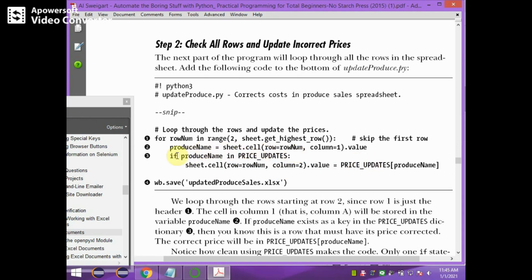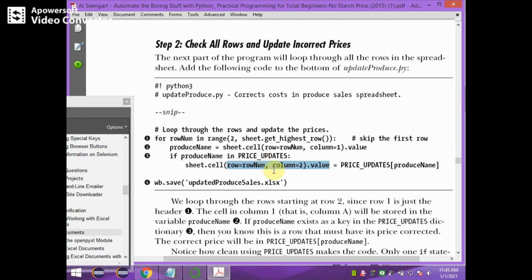Like that, for each row from 2 to the highest row, if that particular product is available in the dictionary, then that price should be stored to that particular product's price cell.